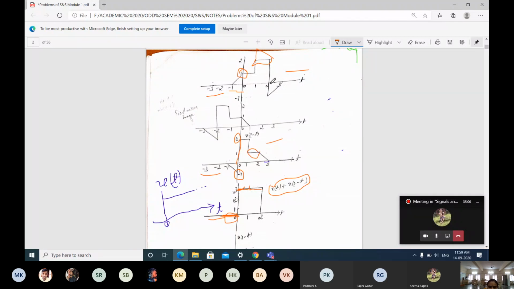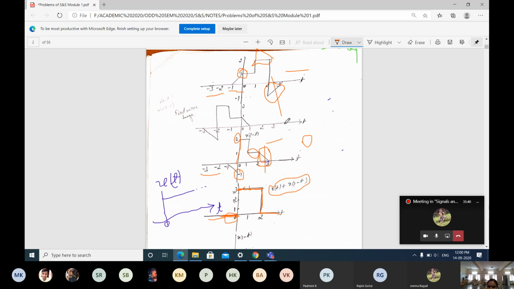Then at 2, observe here, this is a negative triangle. Here it is a positive triangle. Just observe this part only. From 2 to 3, here is a negative triangle. Here it is a positive triangle. If I add both, what will I be getting? These two are nullifying. You will be getting 0 only. For that reason, from 2, the signal is dropping and it will become 0 only. It will be dropping and going to the 0 value.